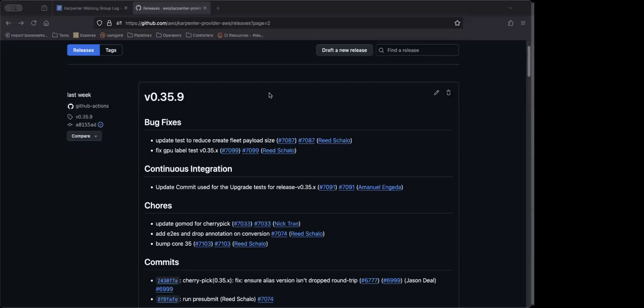AMI ID discovery is now opt-in, rather than being defaulted. I can get a doc link in the chat, but for Karpenter V1, we introduced a new AMI selector term called alias, and you can use alias to get the same behavior that you got from automatic AMI discovery pre V1. I'll grab the doc link for that and post it in chat.